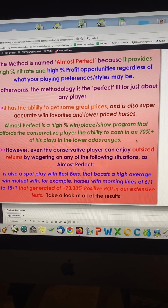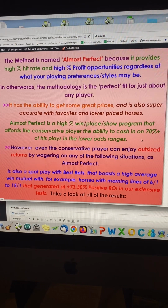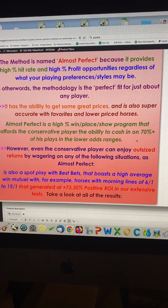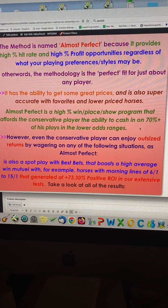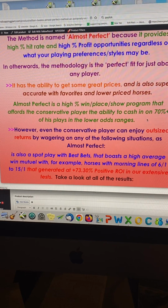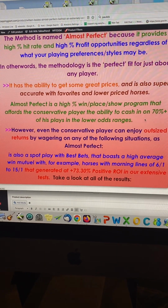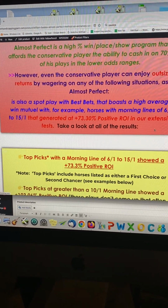Basically, if you're a chalk player, this is very deadly with chalk. Again, shorter priced chalk, but you'll cash in on the shorter prices. We're talking 5 to 2 and under, 70% plus of the time to at least win or place, up to 85% to show. And with the best bets,